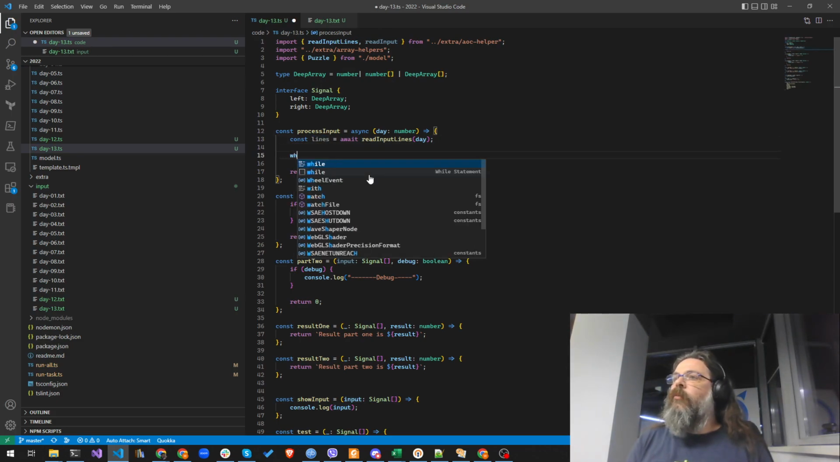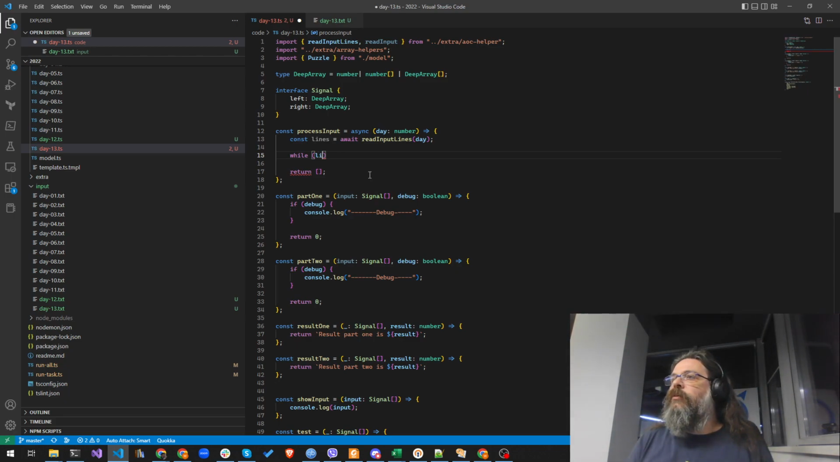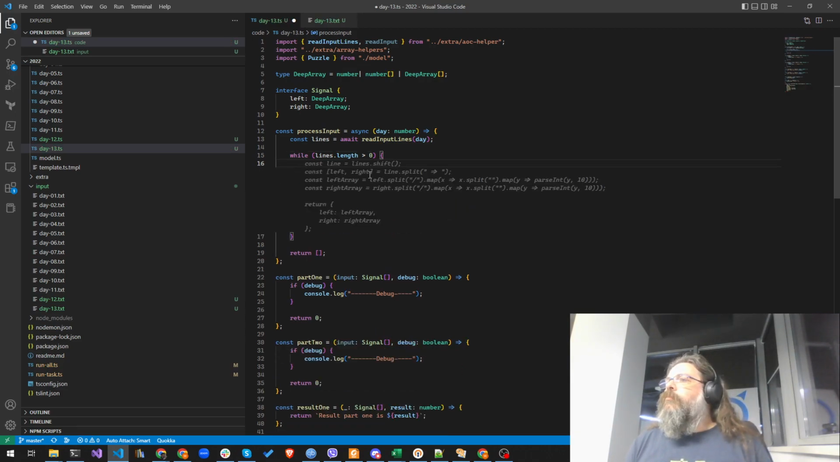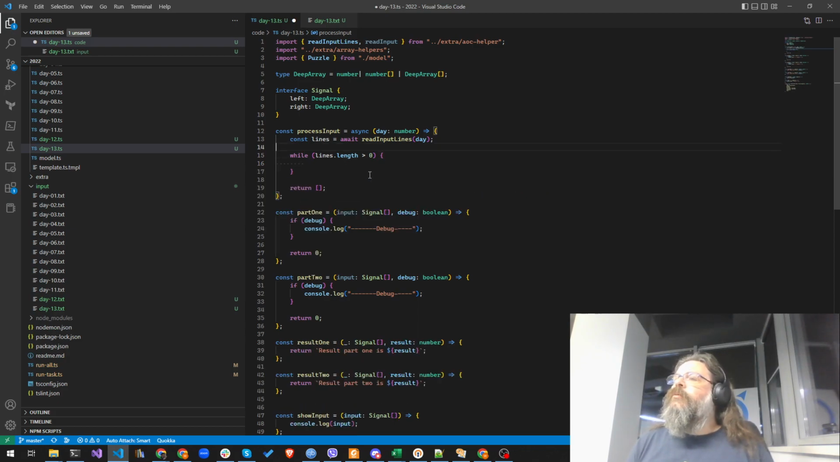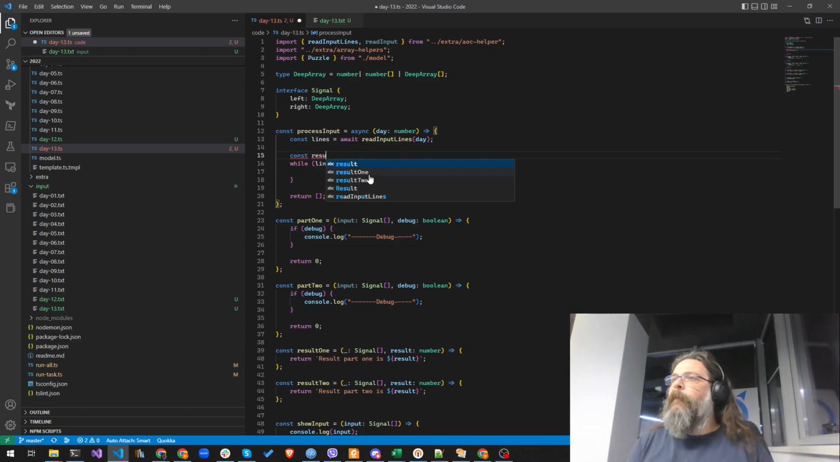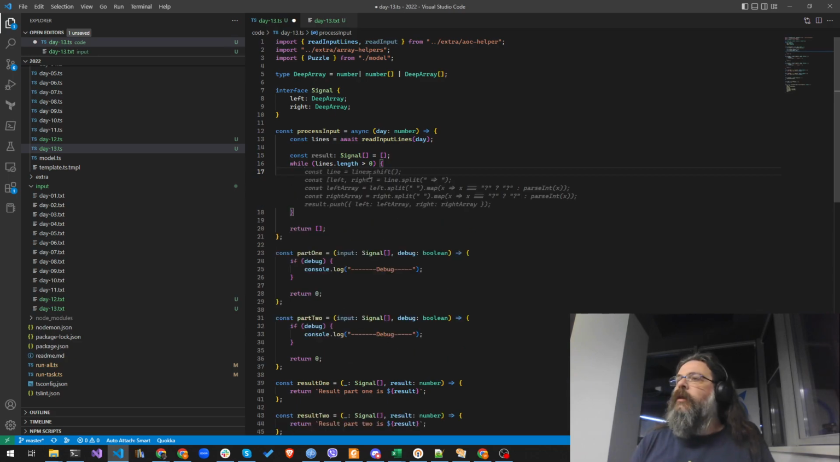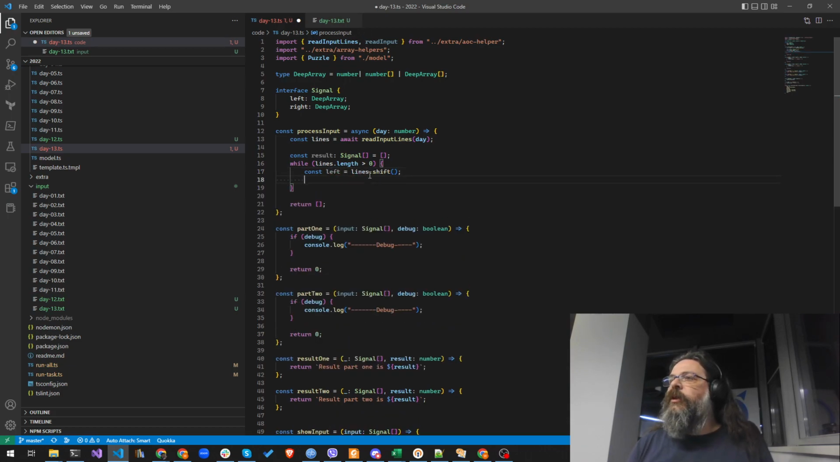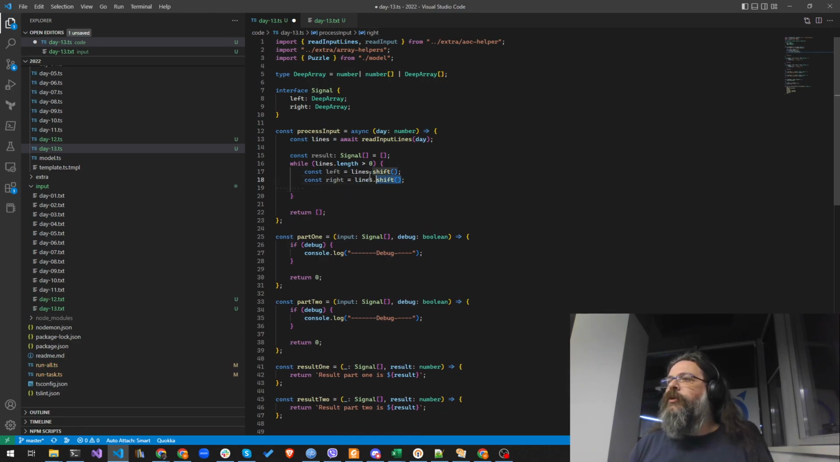So we can say while lines.length is bigger than 0, it's not going to be this, but it's going to be something similar. That is a signal array, it's an empty array. We're going to say line or left actually is line.shift, right is line.shift, and we're going to shift once more,